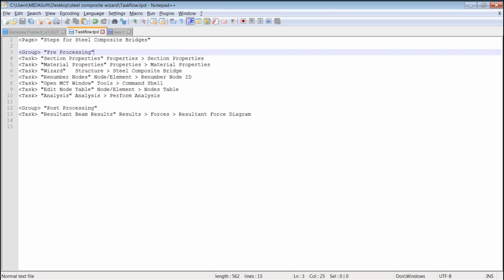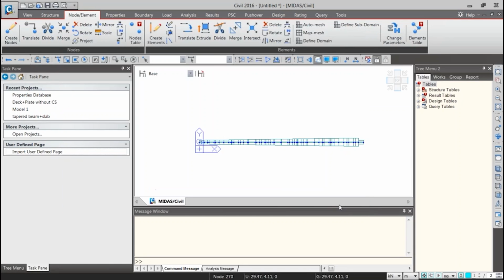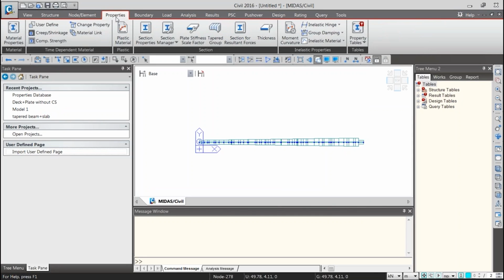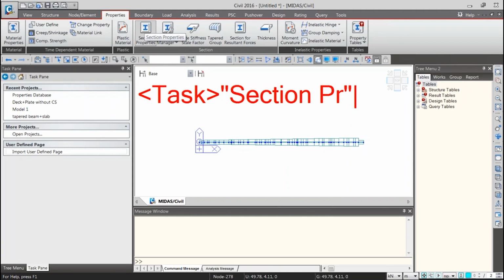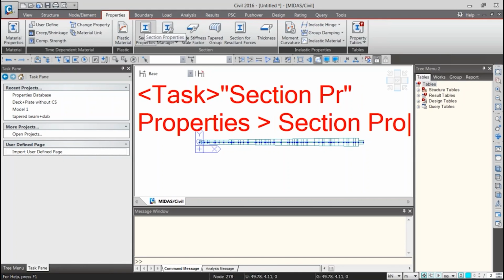If you remember how we did our section properties, we went to properties and we went to section properties, right? So how we write our command is we simply write task, and then we write the name that we want to give to the command, like suppose section properties, and then we type in properties, like we did properties, and then an arrow, section properties.